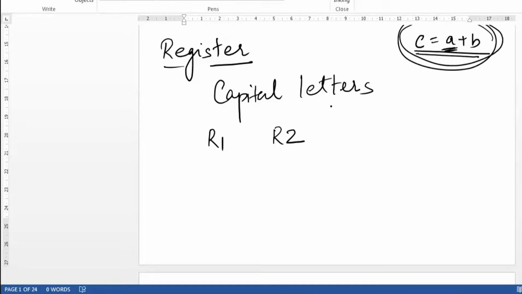How is it stored? It is stored in some register. Okay, this B is stored in some register. After you perform some micro operation on them, what would happen? That data is calculated and then it is transferred to another register.